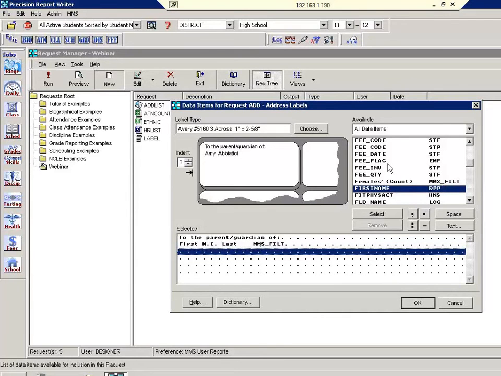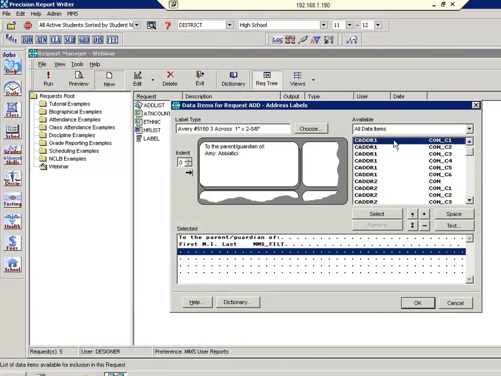Now, the contact information in Precision Report Writer is available to you in two different ways. There are the separate data items, such as contact address line 1, address line 2, and you could certainly pull the information onto the label that way. But for something like a label, I'd suggest using the combined data items that are available to you in Precision Report Writer. If I scroll down a bit,